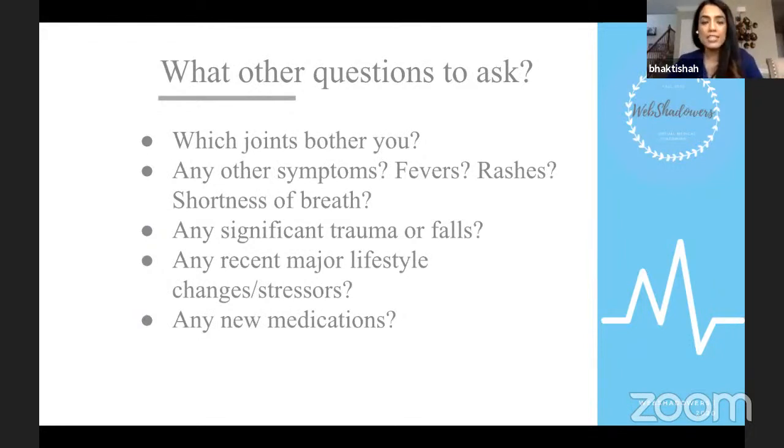Well, when you're trying to determine what type of inflammatory joint condition a patient has, you have to really get a full history, a full review of systems. You will get comfortable talking to your patients. If you're in medical school or even in undergrad, I'm sure that you may have had some lectures already on how to obtain a history. That is going to stick with you throughout when you are in rheumatology.